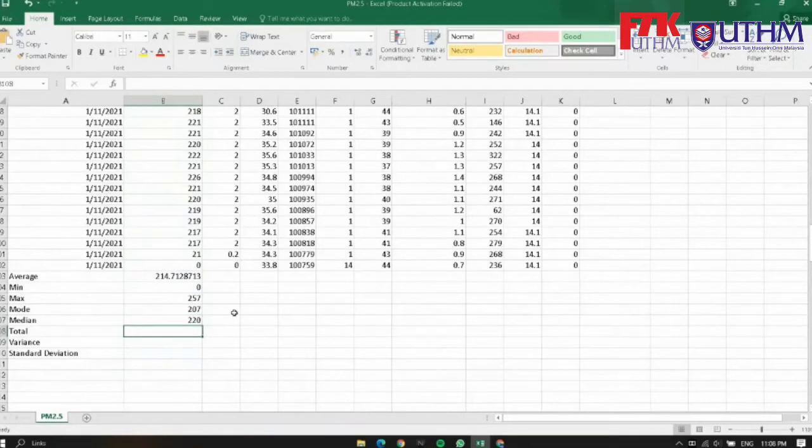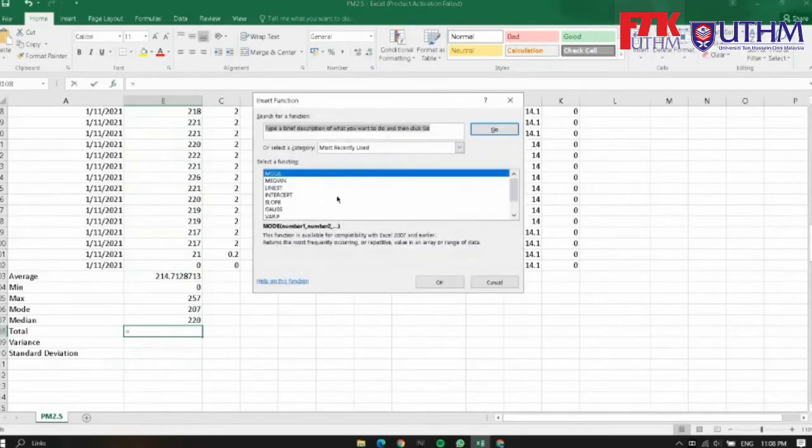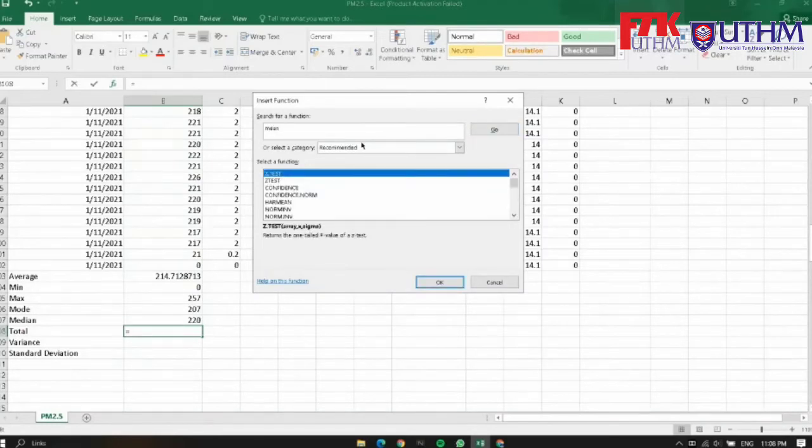Now, in order to find the mean of the value, unfortunately, there is no such function in Excel, at least to my knowledge. So for mean, you have to calculate manually. The typical formula of mean is the total of the data divided by the number of samples.